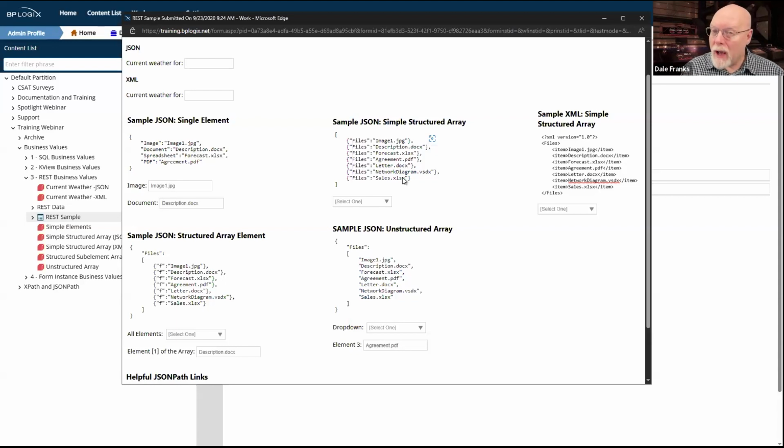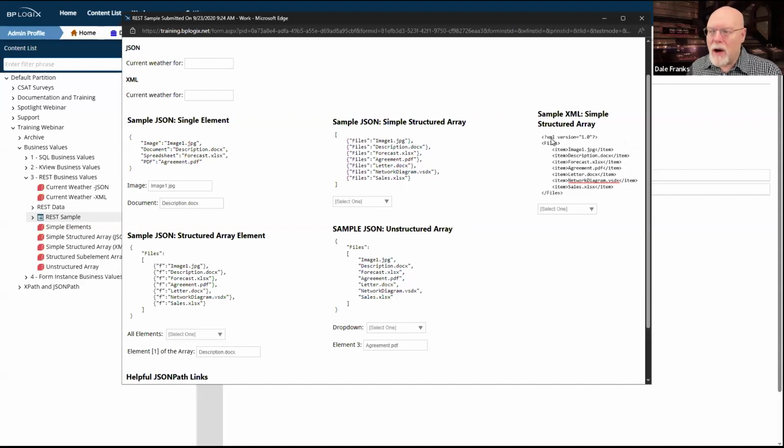I don't have that limitation in JSON, which I guess is good because it provides me a huge amount of flexibility with how I can present my data in the REST service that gets returned. But it does mean that the way that I would have to grab this data is going to be totally different when I am configuring my business value.